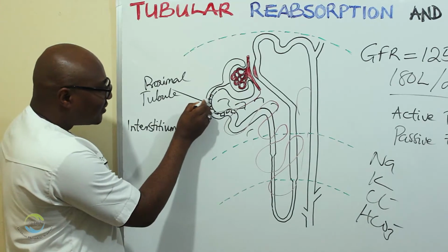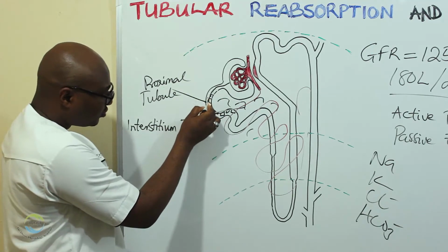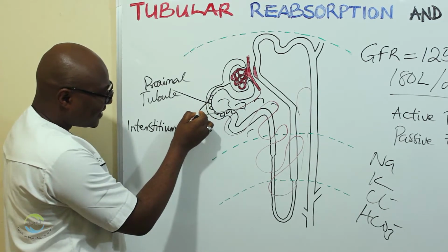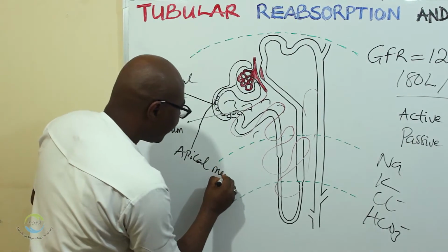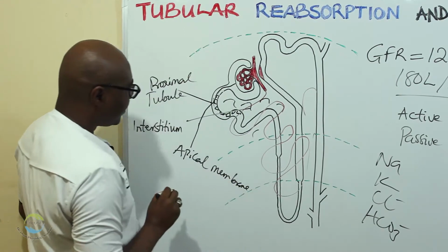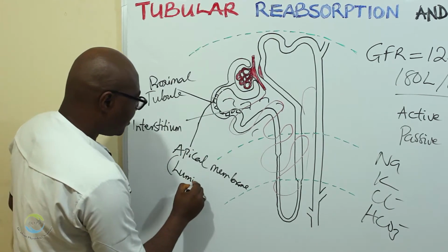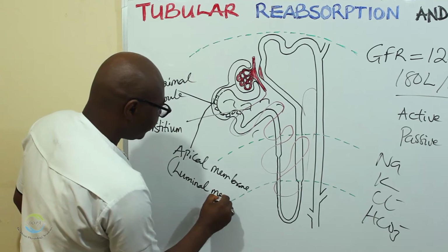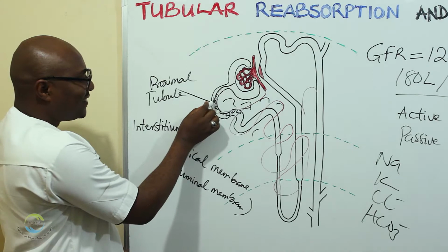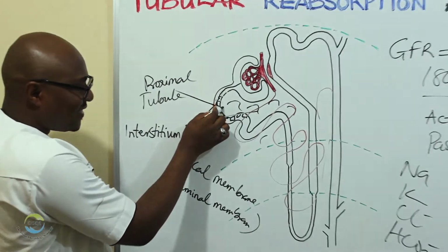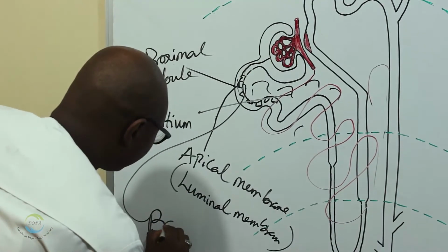So, this cell, the part of the cell that is facing inside the tubule is called the apical membrane, or luminal membrane, from lumen. Then this part that is now facing this interstitium is called basolateral